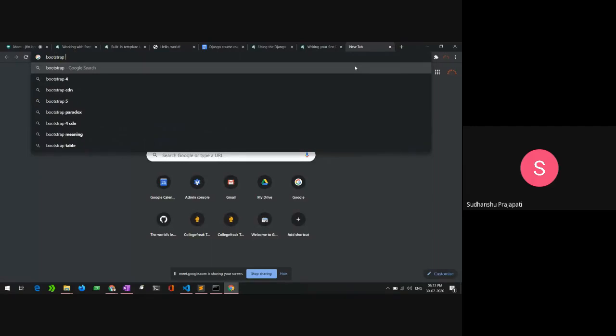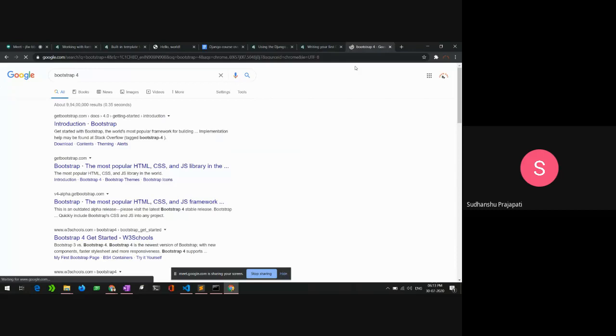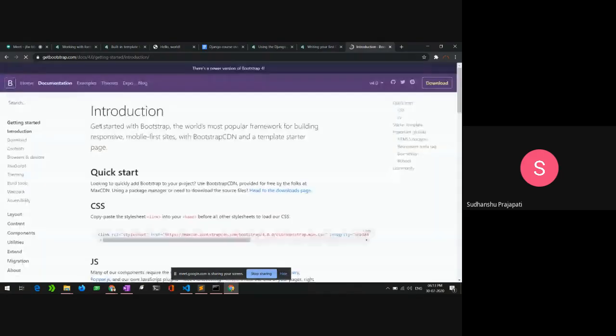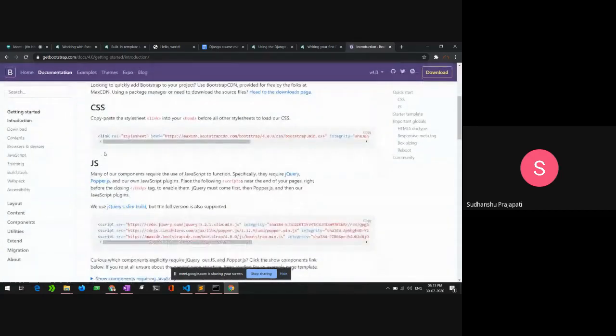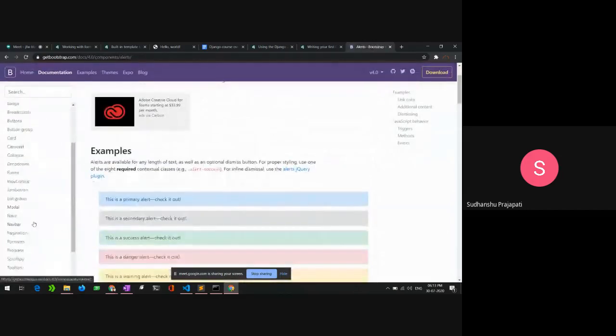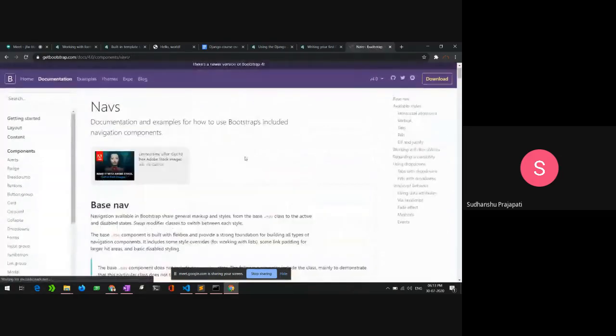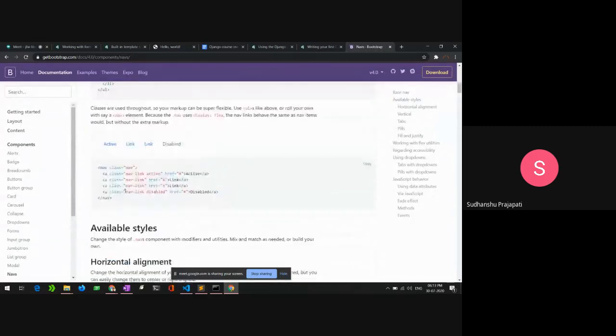I'm just doing this to illustrate how inheritance works, and actually Django works on the principle of DRY, that is, don't repeat yourself. So if I show you the example, things will be much clearer to you. And here is the basic navigation bar.